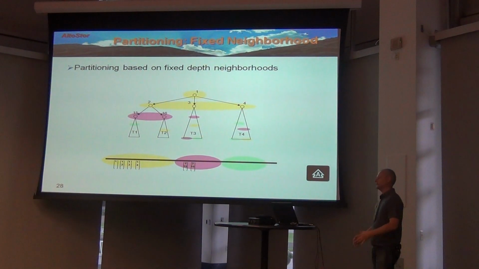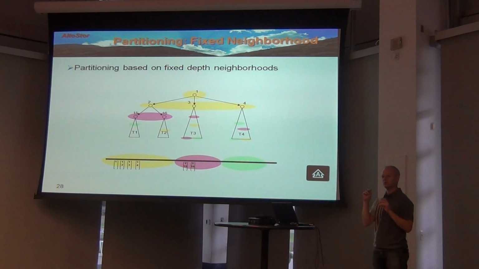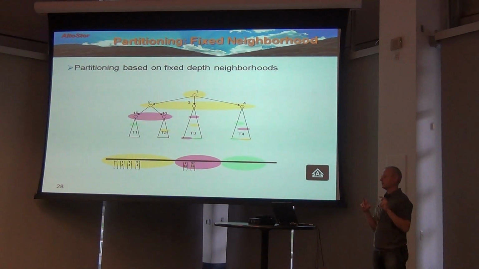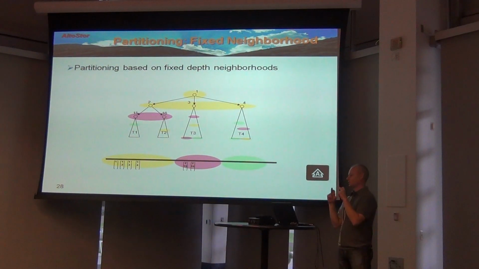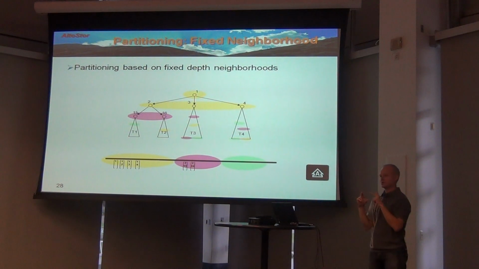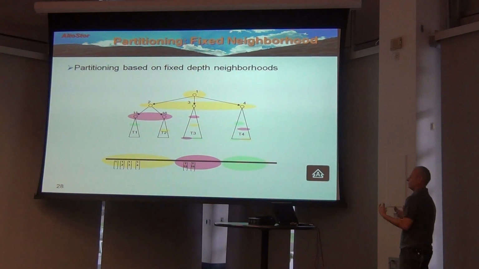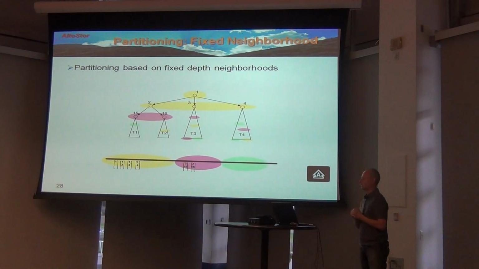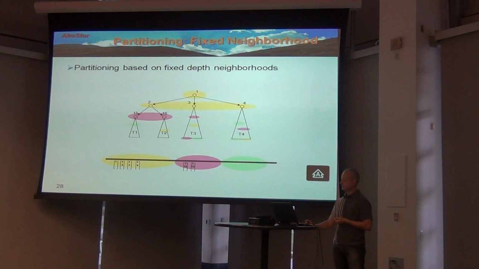We don't need all the ancestors of the same node to go into the same line. We don't need to keep them close. We just need the closest relatives, sort of forming a community, an unbreakable community that will be transferred if needed to move between regions. So this is a fixed neighborhood partitioning that serves the purpose.